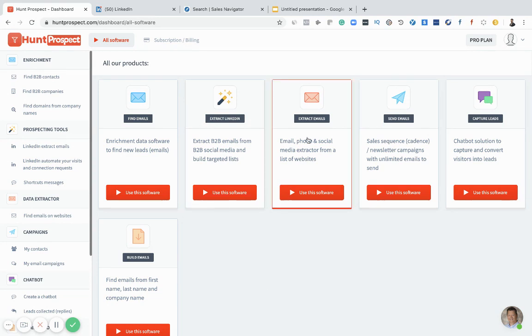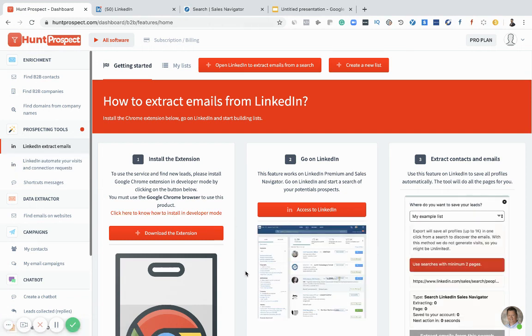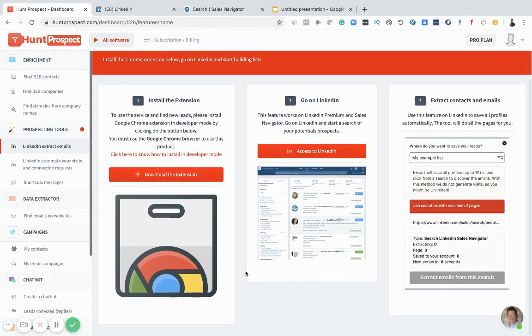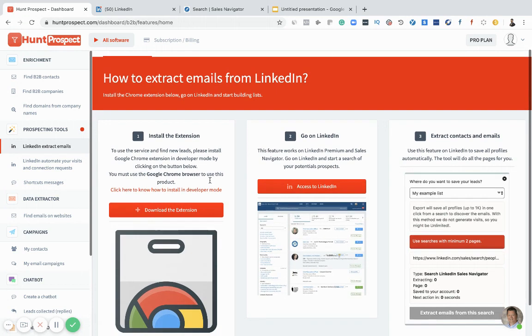Now, the first feature that I'll be showing you guys is LinkedIn extraction. I like this feature a lot, and it has helped me find a huge list, and I've built my own list. Post which, you will have to validate the emails; there are many tools out there where you can validate the email IDs. But first, when you want to extract emails from LinkedIn,